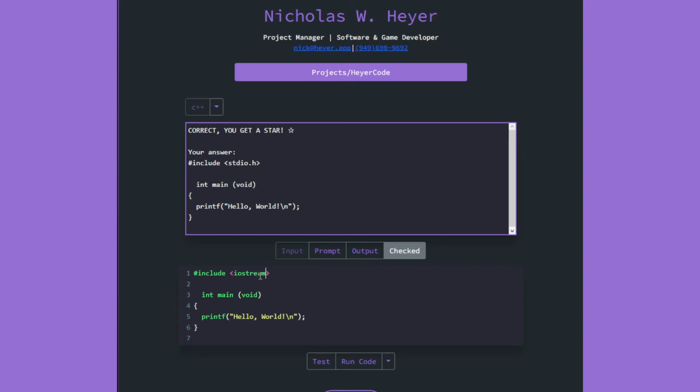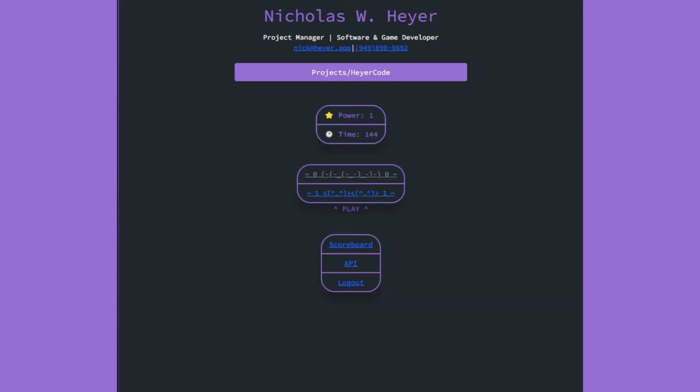The front end is written in mostly standard JavaScript with a few libraries included for things like syntax highlighting of the written code. Code checking is also partially handled by JavaScript, but in conjunction with the backend server for validation. SQLite was chosen as the database engine for HeyerCode, as was previously used for Heyer.app. It is incredibly intuitive for something as straightforward as login and score management. Since I was hosting the server myself, I had the luxury of going with whichever database engine I wanted to.